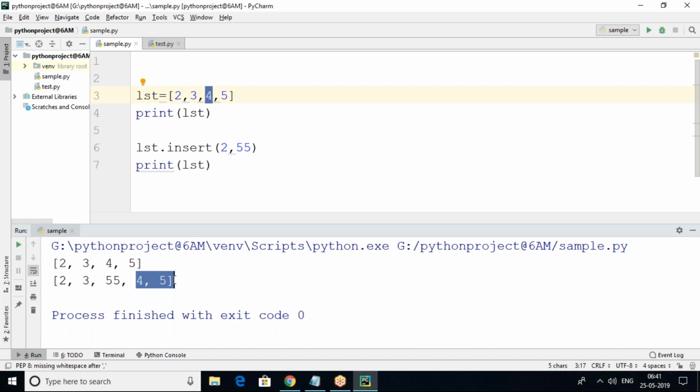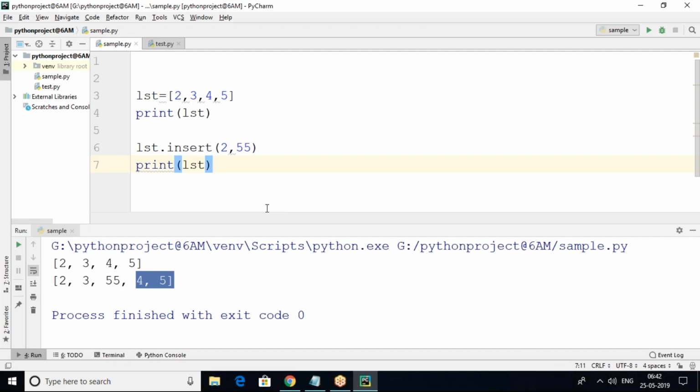Whereas with the assignment operator, we can also add elements into a list at a desired location, but the existing element is replaced. With the insert method, the existing element will not be replaced. Existing elements will change position whenever a new element goes to that position. So at location two, 55 was added, but immediately 45 also was pushed along. This is the insert method. So these are the differences.